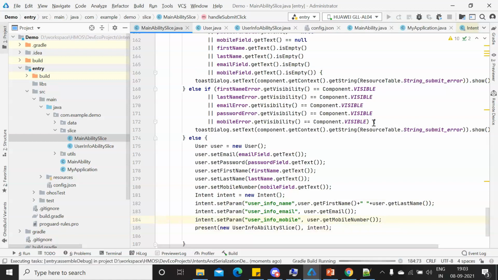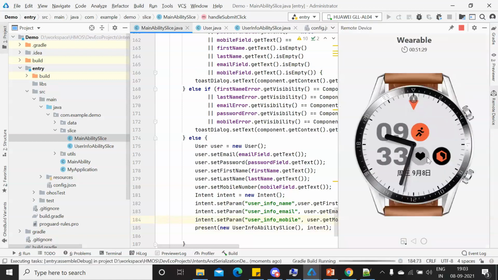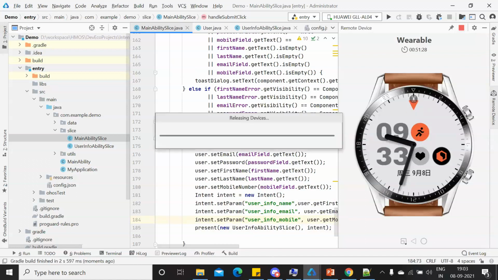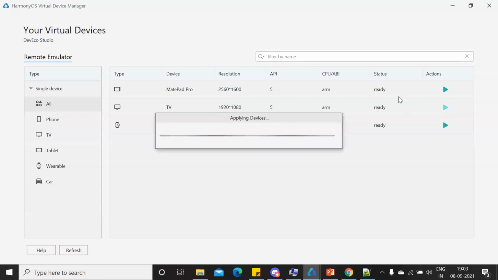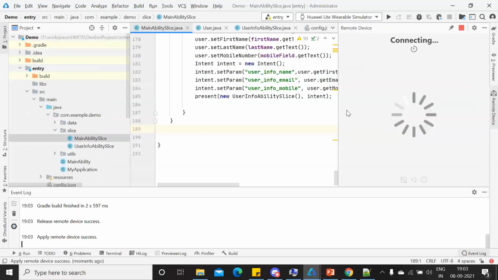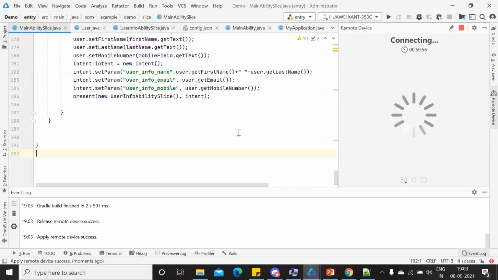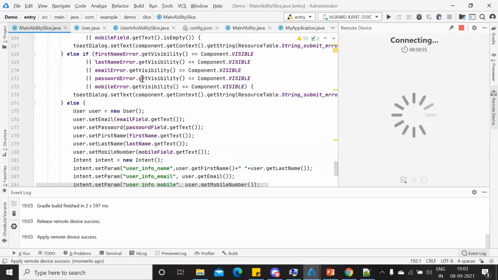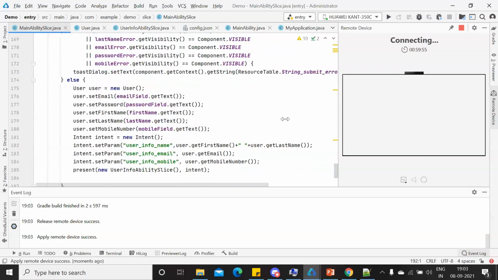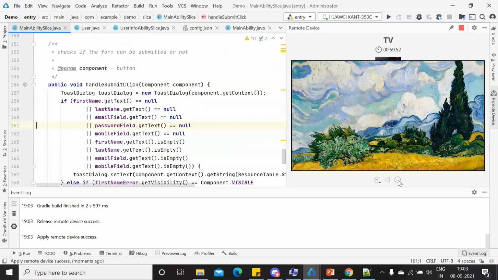Now let me just run the application. I don't want variable. So let's run it on TV, I guess. Why not TV? Let's see if it works. This is for communication between two slices. Later we'll check how we can do it for